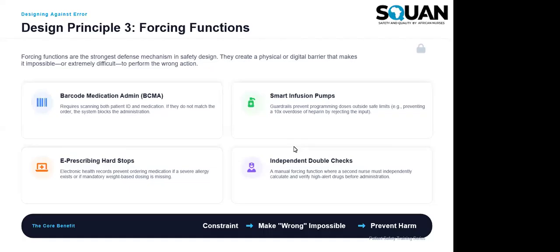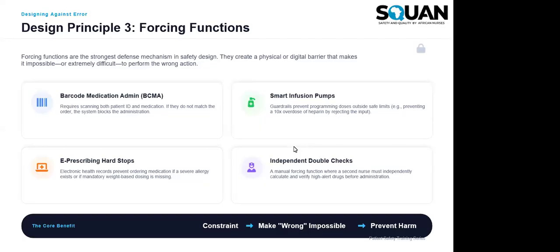So rather than just going back in time to audit what has been done and tell people that their documentation is not complete, you can force the function by creating a system where people must put in what needs to be put in before they can save and close the case for that patient and move to the next patient. That's just an example. Also, things like barcoding for medication administration will help to force the functions,